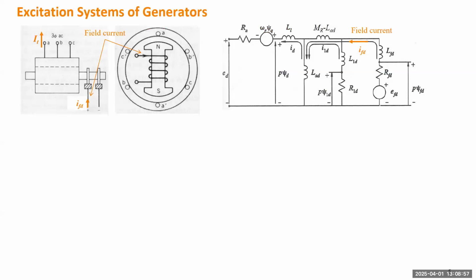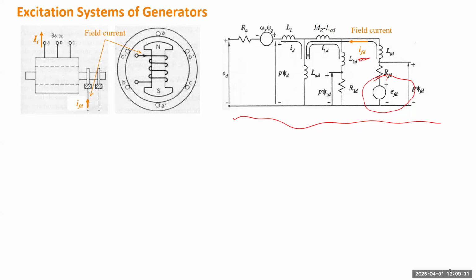Okay, so let's first talk about the excitation system of a generator. We know this equivalent circuit in the D axis. I didn't draw a Q axis circuit because the exciter actually stays within only the D axis, right? So we have the source of the field current. The field current is a DC current, so this one is the DC source. It will provide this field current, and the field current will provide the electromotive force, right, as an internal